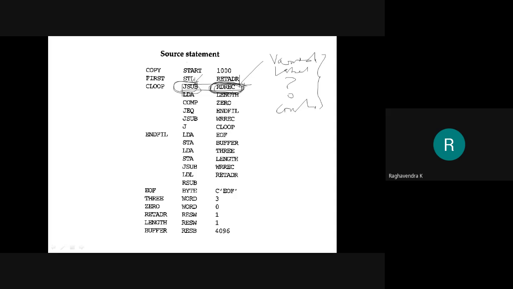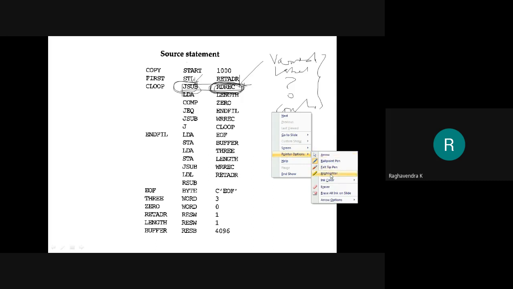So for an instruction, I can write the machine equivalent of it only if I know the opcode and the operand. So what is the value of the opcode and what is the value of the operand? If I know these two, then I will be able to write down the machine equivalent of an instruction written in assembly level language. So this is the overall idea of conversion or translation.